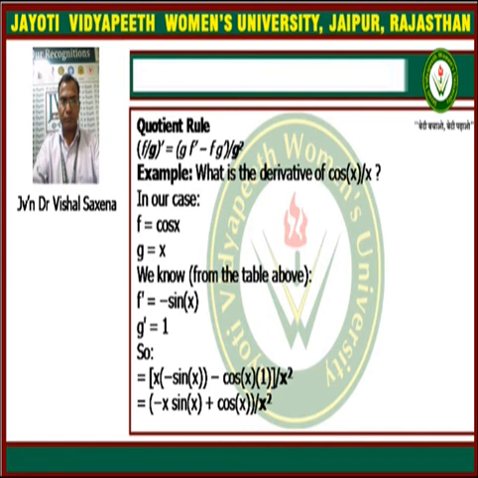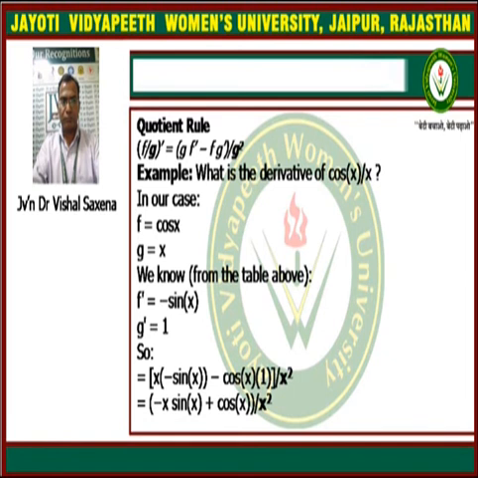This formula is defined with g square in the denominator, and in the numerator g into f dash minus f into g dash. So the rule is: in the denominator g square, and in the numerator g f' minus f g'. For example,